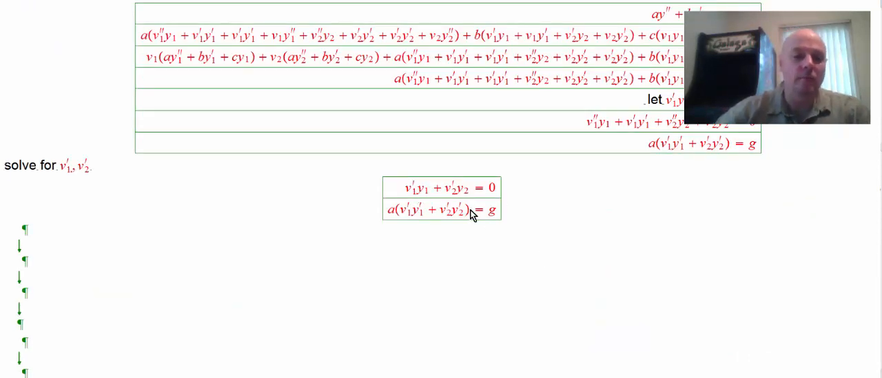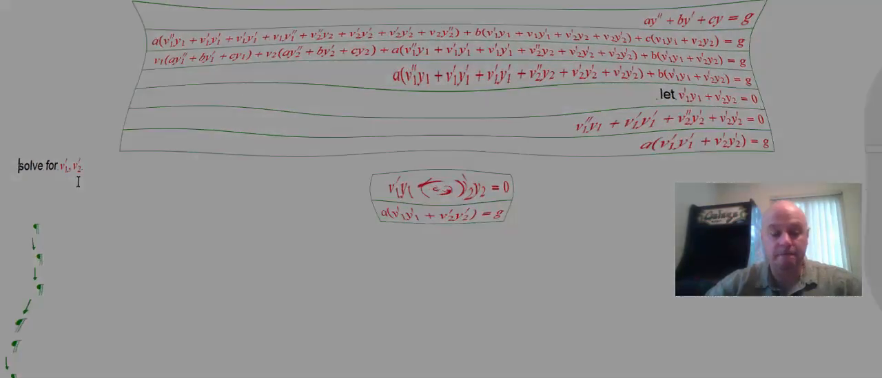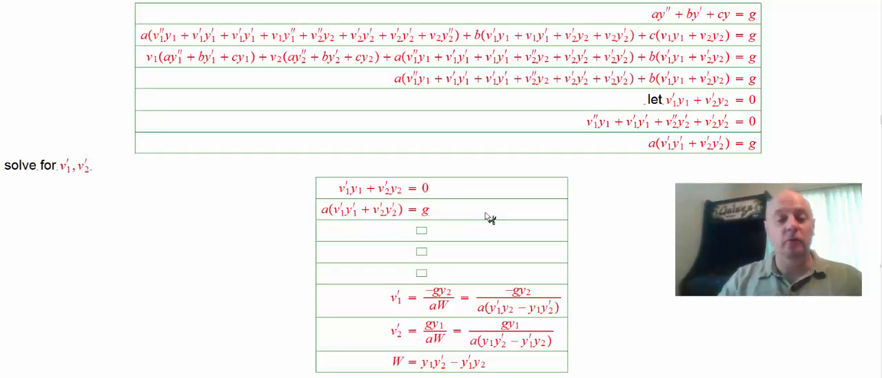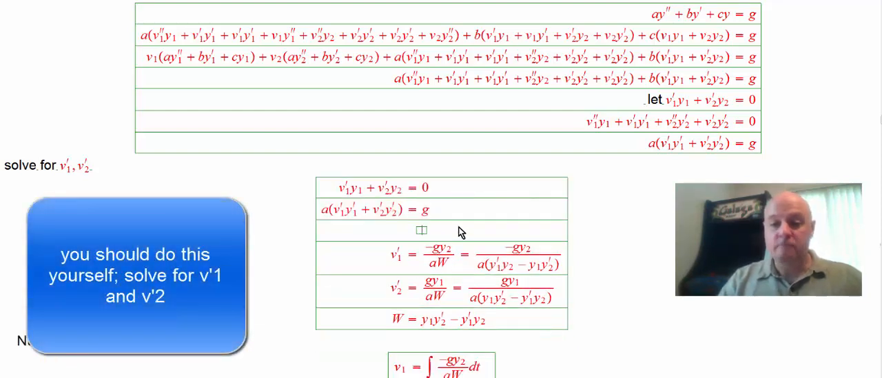If we can find V1 primes and V2 primes that satisfy these two equations, and I can because it's two equations, two unknowns, then all of this will simplify down to G. So in other words, that particular solution of V1 y1 plus V2 y2 will hit the target function. So these are our two equations, two unknowns that I have to solve for V1 and V2. The two unknowns are V1 prime and V2 prime. When we solve them by elimination, substitution, Cramer's rule, however you want to solve it, we get